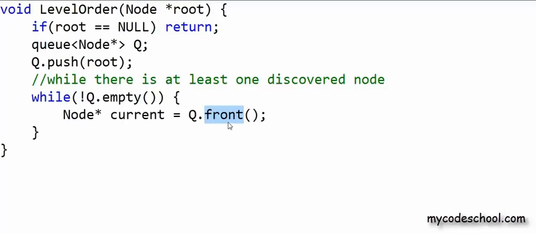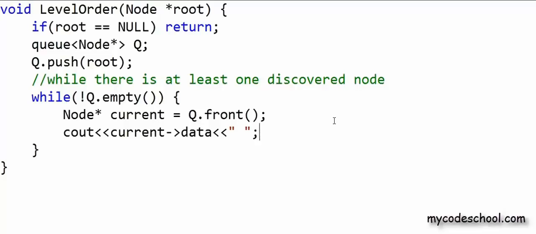This function front returns the element at the front of the queue, and because the data type is pointer to node, I am collecting the return of this function in this pointer to node named current. Now I can visit this node being pointed to by current, and by visiting we mean reading the data in that node. I'll simply print the data,